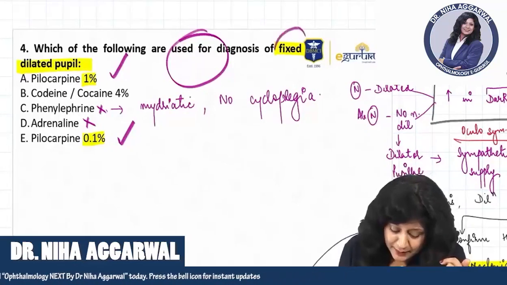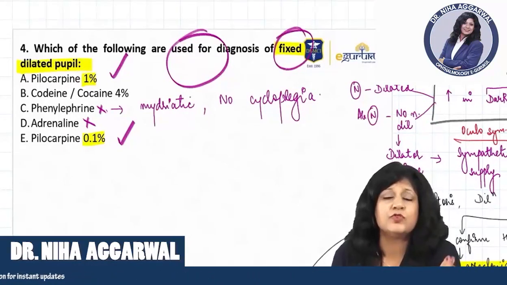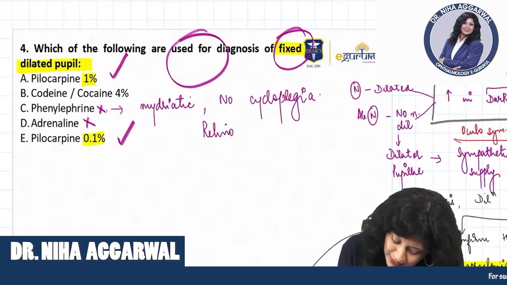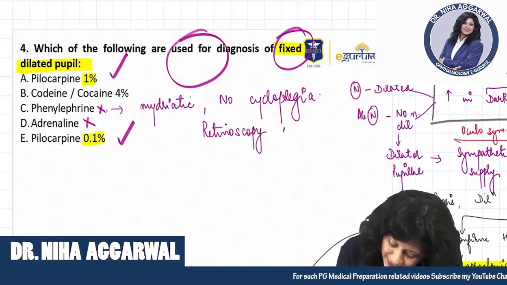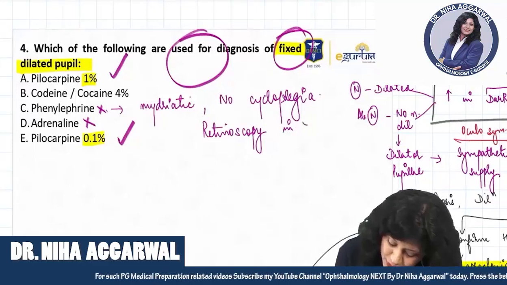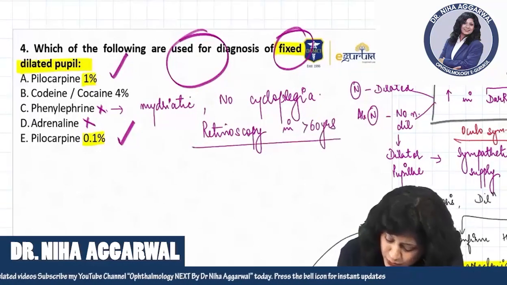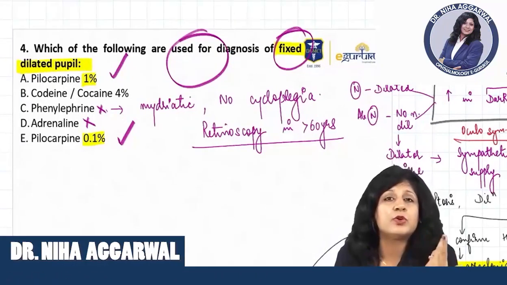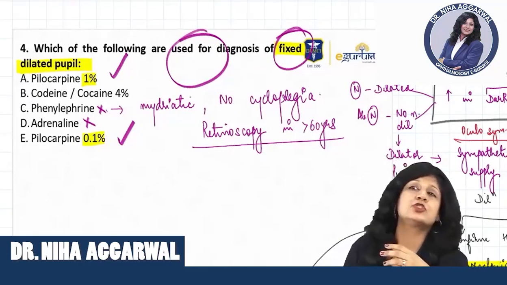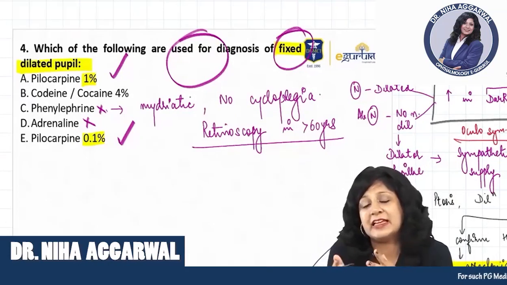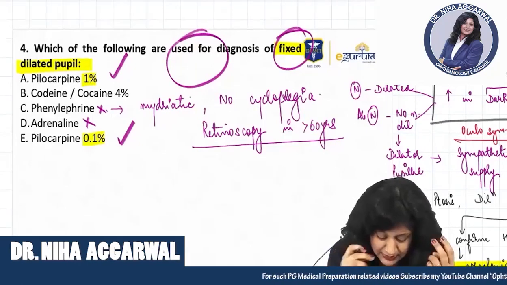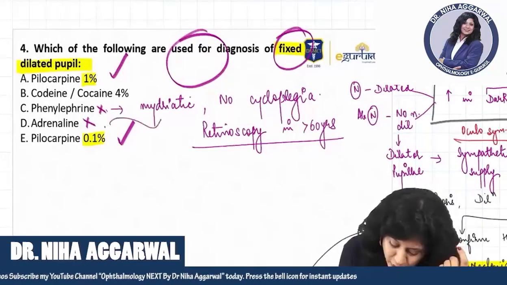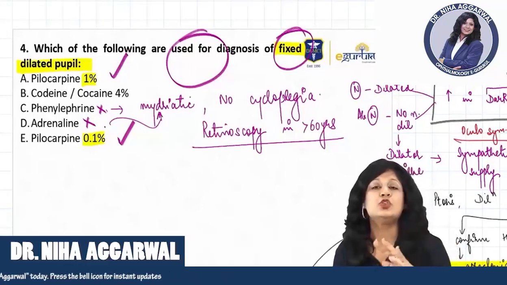Now already we have a dilated pupil which is fixed, so you will not use phenylephrine. Phenylephrine we are using for retinoscopy, and that too in patients who are more than 60 years of age, because those people already have ciliary muscle weakening and aging is there, so I don't want to paralyze, maybe it will not gain back its tone. That is why we are preferring phenylephrine to be used after 60 years of age. Then we have adrenaline. Adrenaline is a sympathetic supply, so this will further dilate, it will also act as a mydriatic, so obviously there is no use.